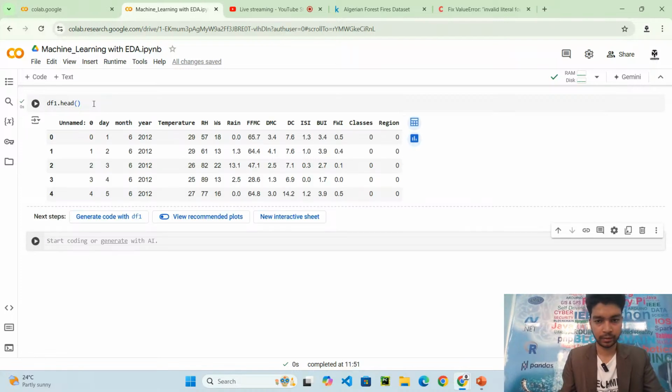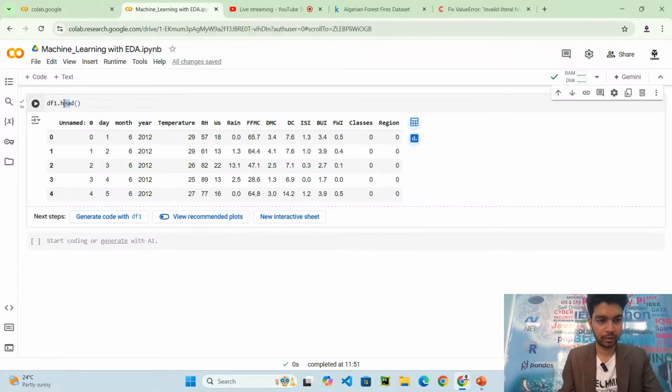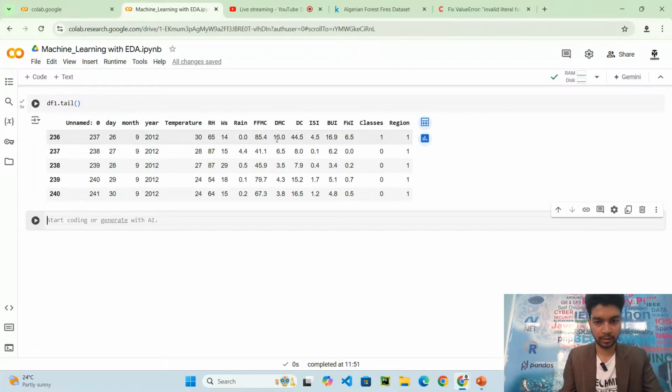Okay, so 0. If I do tail, I should find 1 also in my class. So you will find some regions to be 1, 0 and all. Not fire is basically 0, with fire is 1.